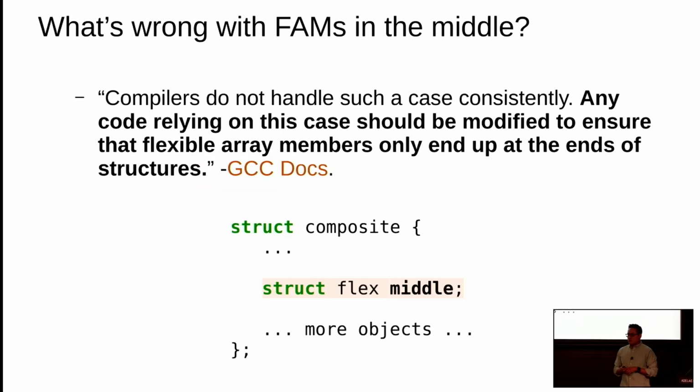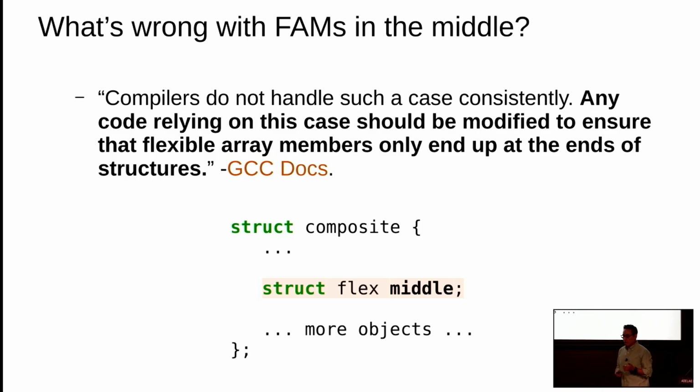One of the reasons why compiler people don't want these instances of code is that when they try to calculate the sizes of composite structures, they get into trouble, because it's like having a hole in the middle of another structure. We never know how big this array is going to be until we run the code and compute its size at runtime, right? But at build time, we have no access to that information.